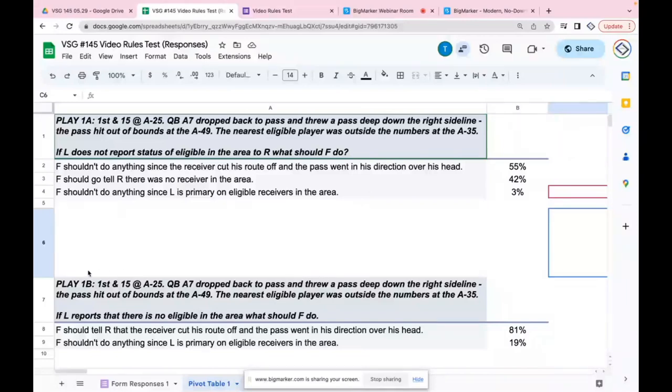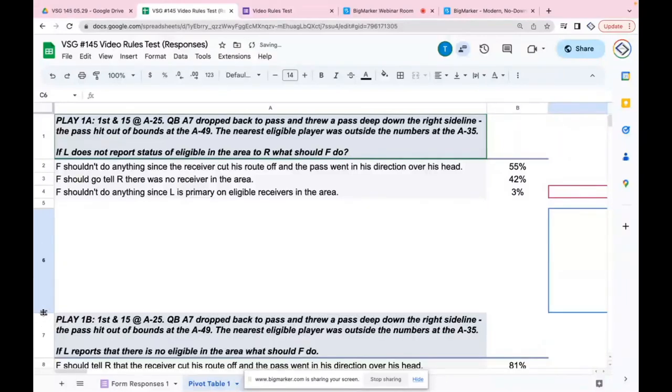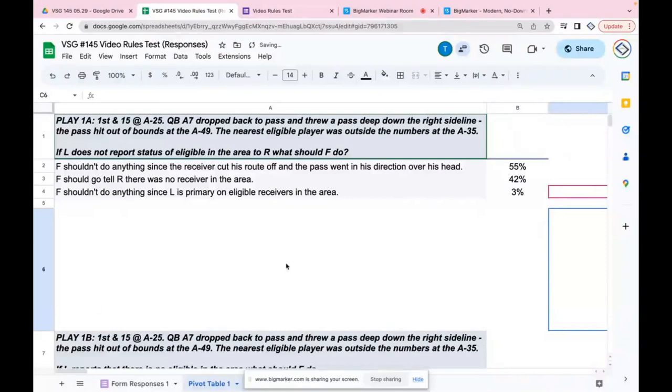But I also just wanted to share that we shared this quiz not only with VSG members, but also with everyone in our database of officials that have contacted us at some point in time. So these percentages and numbers really quantify the entire officiating community. The world, likely. It might be too aggressive.